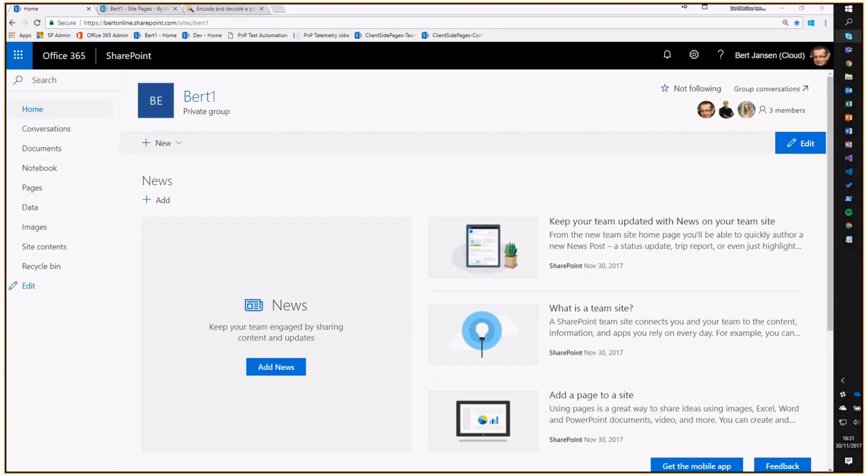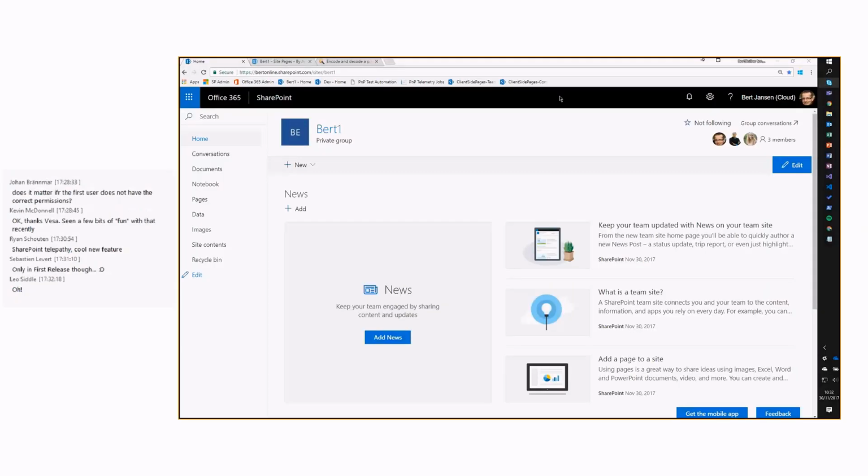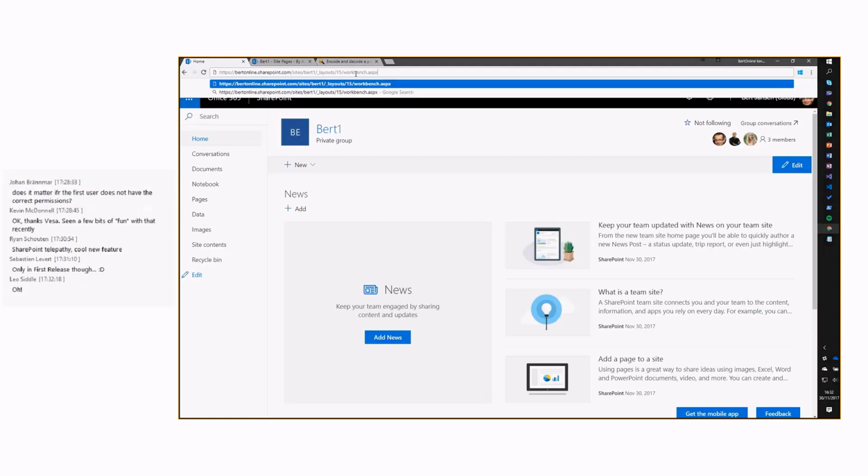For example, quick links. So when you used quick links and applied it to a page, it simply didn't work, which was quite annoying because we want all those first-party web parts to be available for you to programmatically put on pages. And that's the reason why we did some investigation. We found some issues. We fixed issues. I'm going to talk about that a little bit later. But I'm going to first show a recommended approach on configuring those first-party web parts and using them in the PnP provisioning flow. So I have a modern site open here, and I'm going to go first to the workbench.